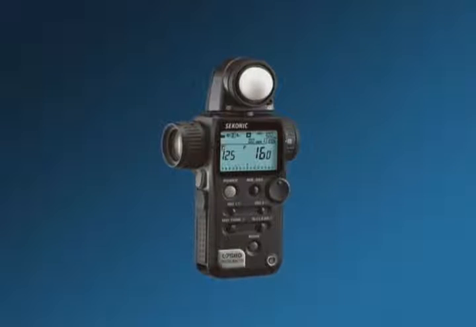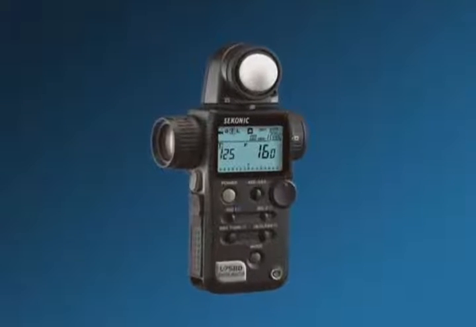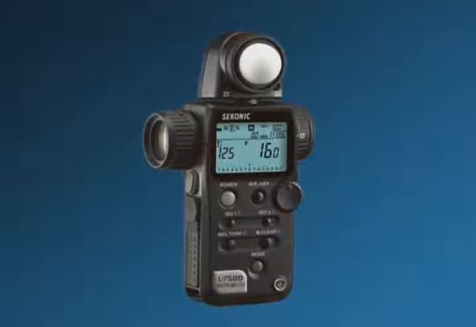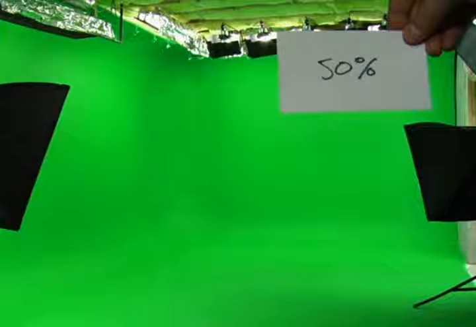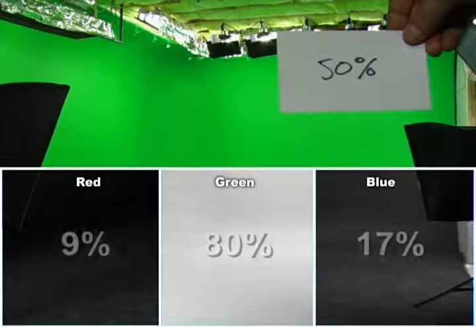One of the really important things to understand is that you can't use a light meter to measure green screen exposure just like that, because light meters don't tell the truth about brightness of colors. In theory, colors are the most saturated at 50% brightness. So going down that road, we should expose our green screen at 50% brightness, which would be the same exposure as a gray card. But in reality, when we expose the green screen at 50% on our built-in spot meter, and then look at the separations,